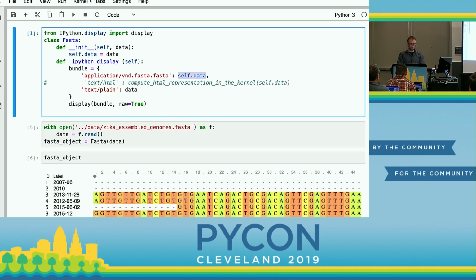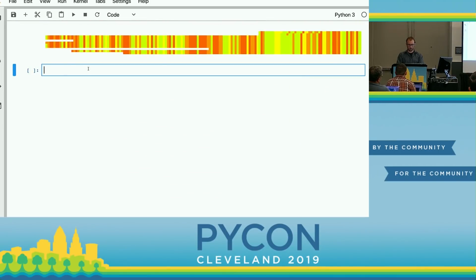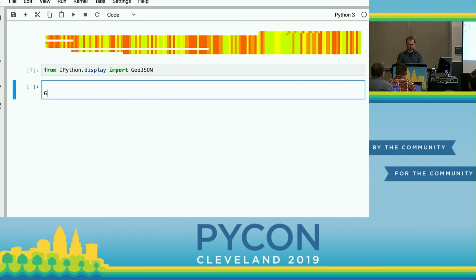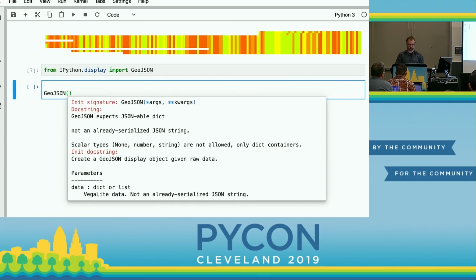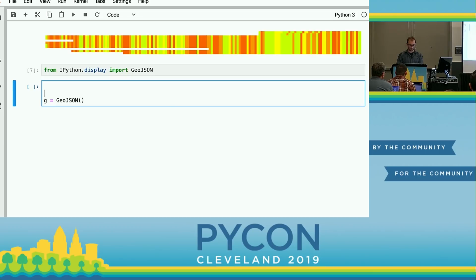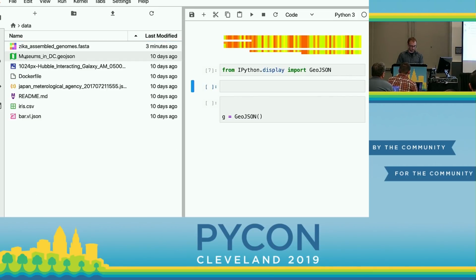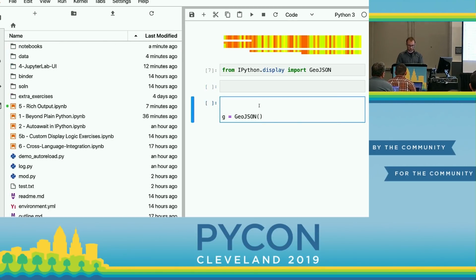Or the GeoJSON. So let's try to do it with GeoJSON, if it already exists, this one. So from IPython.display import GeoJSON. Let's look at our GeoJSON object: JSON-able dict. So we probably want to do g equal, and what was the name of our file? The name of our file was data museum in DC. So let's do with